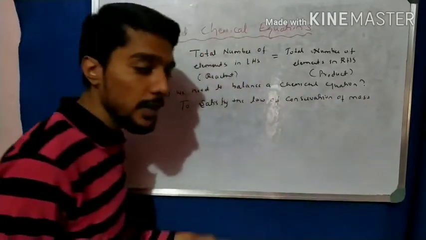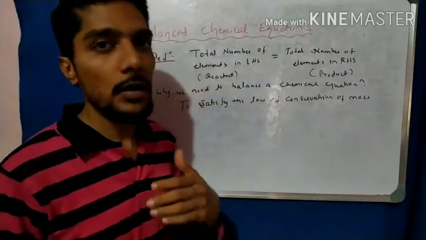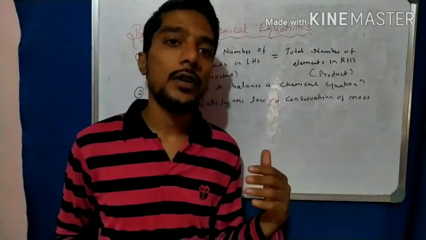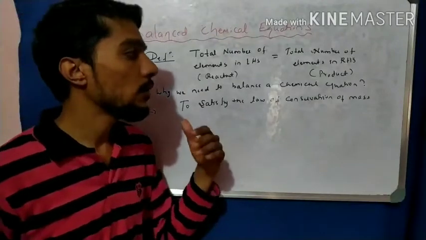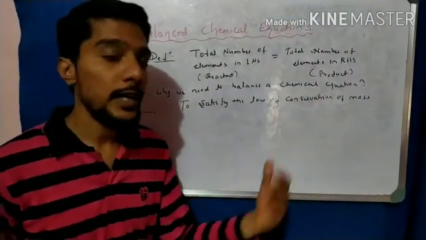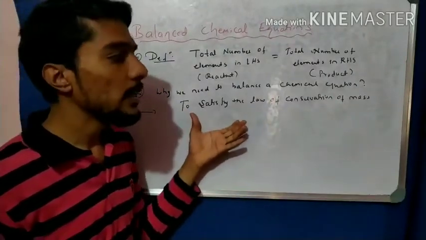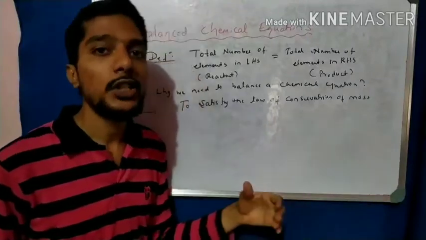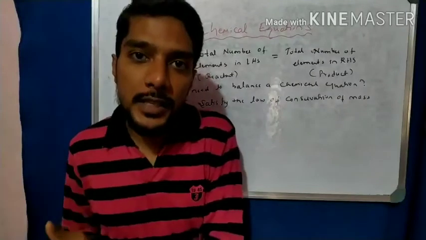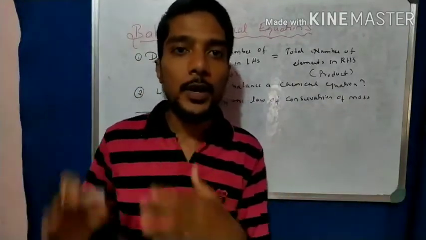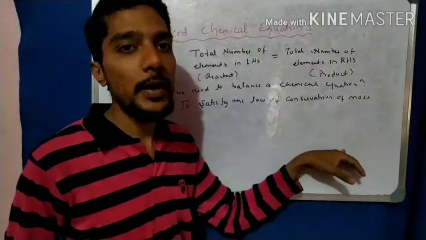Okay, what is the statement? The mass can neither be created nor be destroyed in a chemical reaction. You learned this in 9th standard, the laws of chemistry, like the law of conservation of mass and the law of proportionality. So one law is the law of conservation of mass. The statement is that mass can neither be created nor destroyed in a chemical reaction, meaning the number of elements present in the LHS is the same as that of the RHS, because of this law.